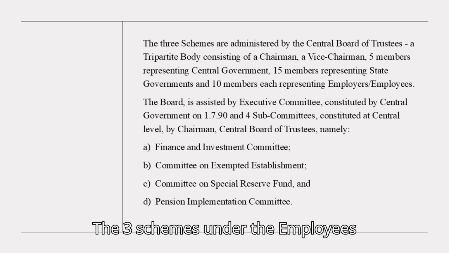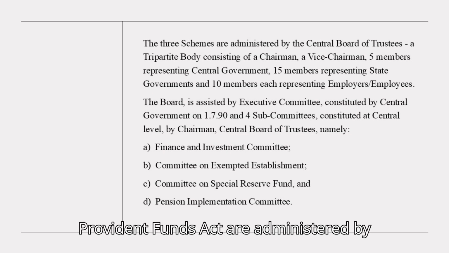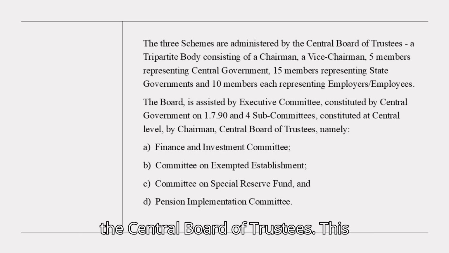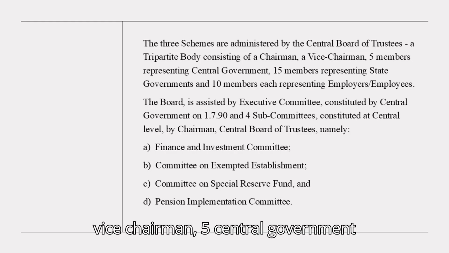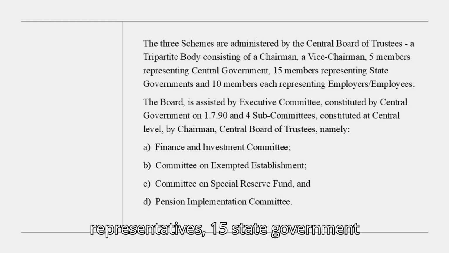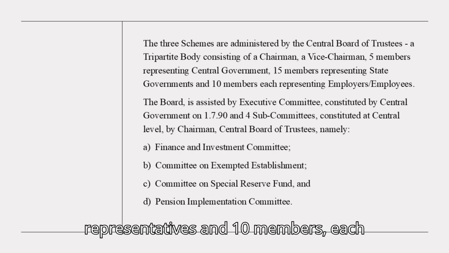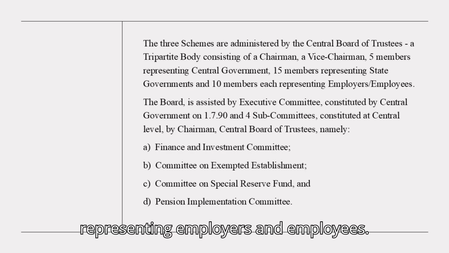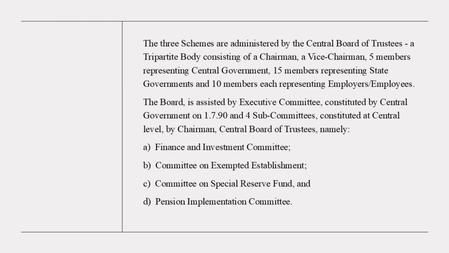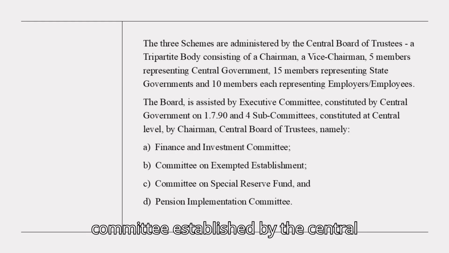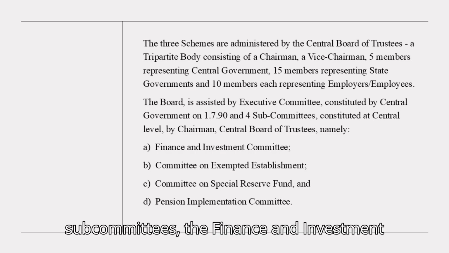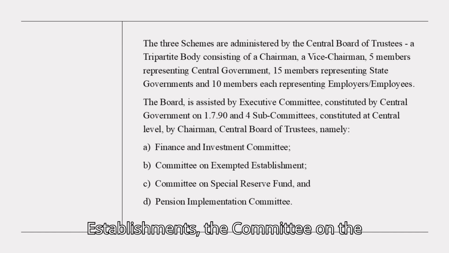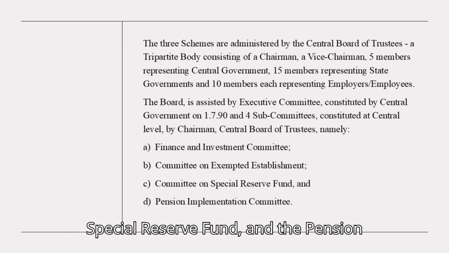The three schemes under the Employees Provident Funds Act are administered by the Central Board of Trustees. This tripartite body includes a chairman, a vice-chairman, 5 central government representatives, 15 state government representatives, and 10 members each representing employers and employees. The board is supported by an executive committee, established by the central government in 1990, and 4 subcommittees: the Finance and Investment Committee, the Committee on Exempted Establishments, the Committee on the Special Reserve Fund, and